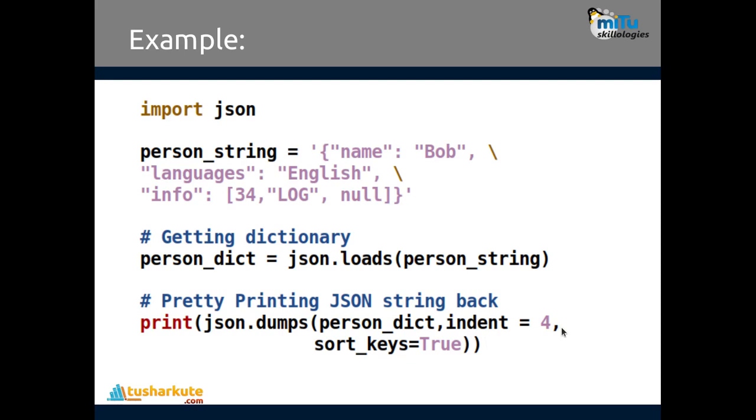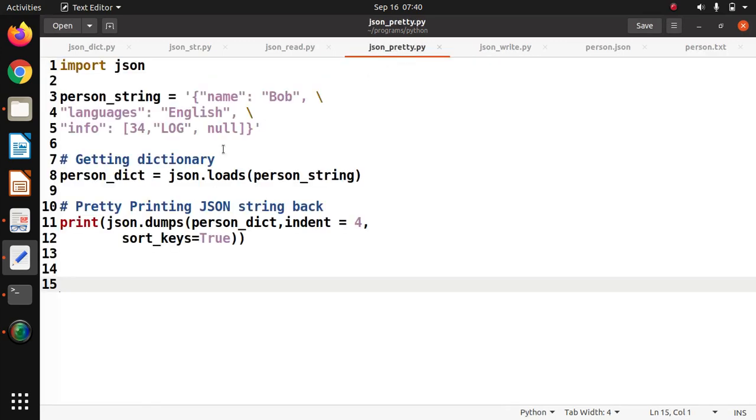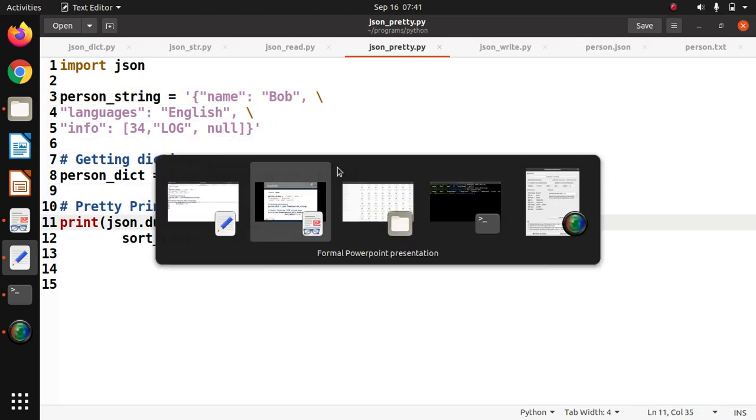Let's talk about the indent again. The tabs or spaces will be given when you print it. It's just like the pretty print that we use in MongoDB also. In a similar way, the data and output will be shown there. So let's go for the pretty operations here. This is the program that we have created. You might know that \n is used for a new line in strings. And now let's try that.